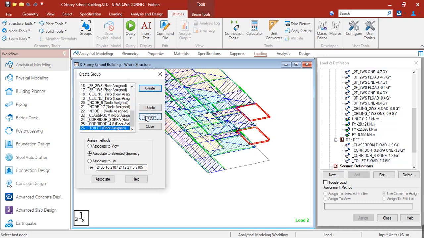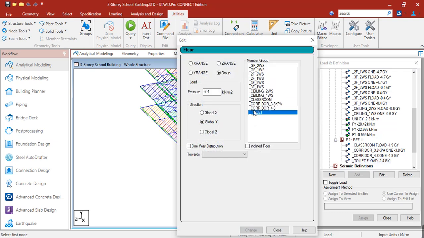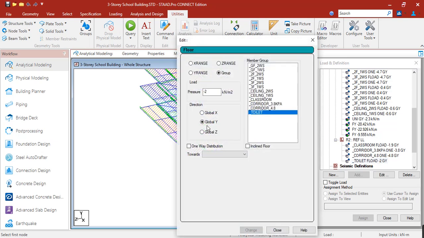Highlight. So this is now the toilet. Now in our toilet group, let's change it back to negative 2.4.